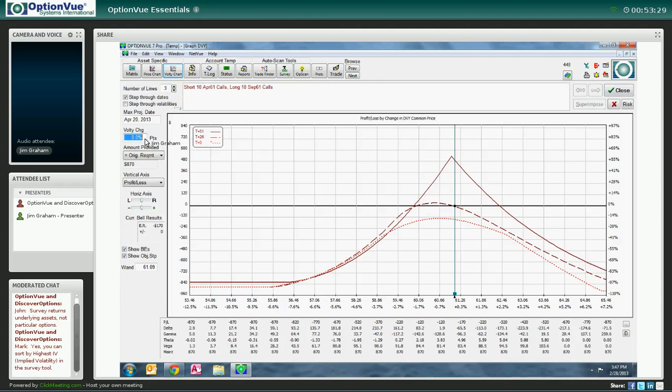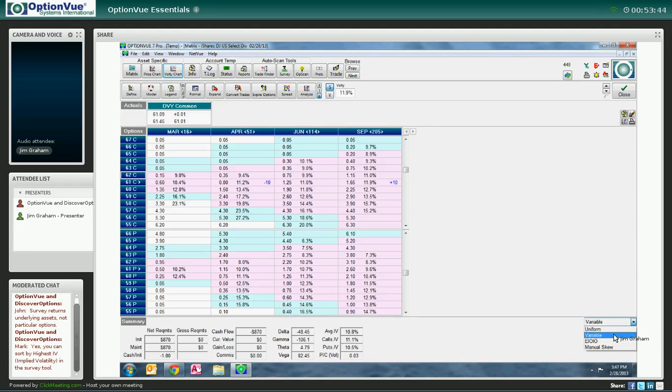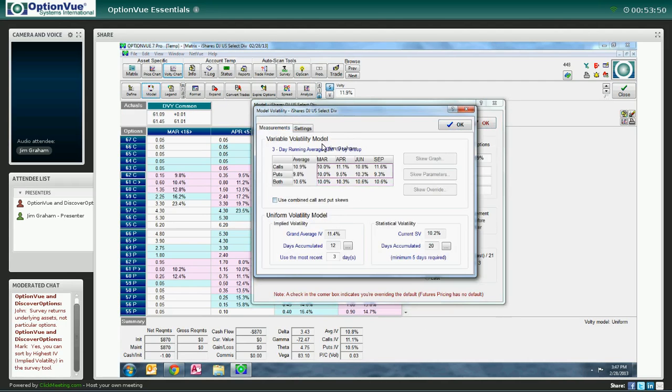Make sure I'm doing this right and have all my settings correct. Okay. So with variable, it's analyzing it that way. Now we'll choose a different one like uniform. And if I actually went back to the model to just make sure, and